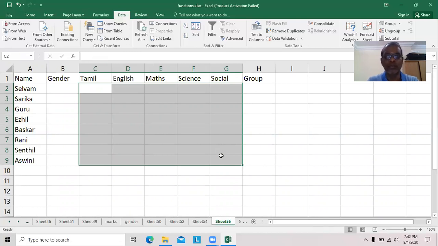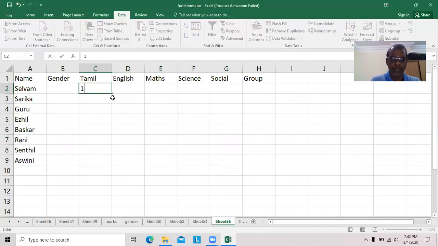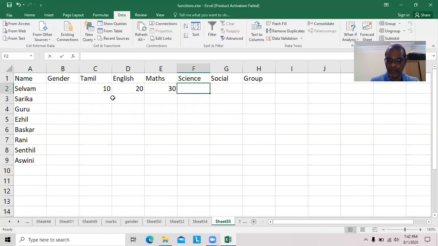That mark should be a whole number. In addition to that, the mark should lie between 0 and 100. So now see, I am typing random values. Here I type 10.1. You should not accept. Similarly, I type true here. That value should not be accepted.